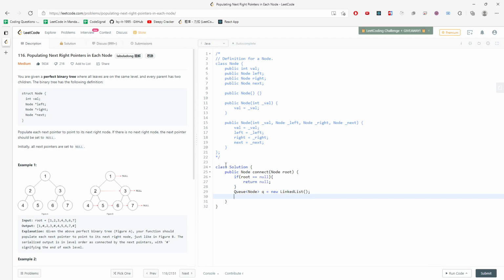And I also need a dummy node, so when I return, I can actually return the root right away. So I'm using the dummy to traverse. So q.offer dummy. So while q is not empty,